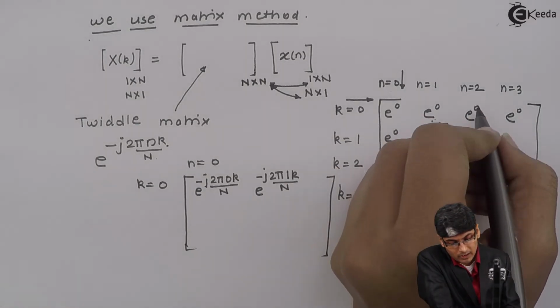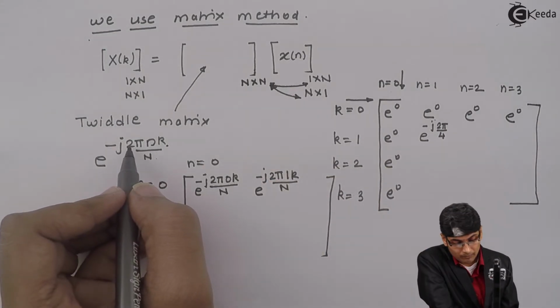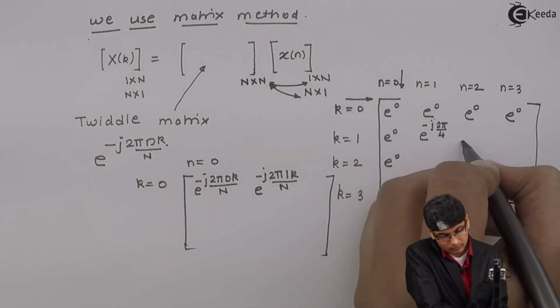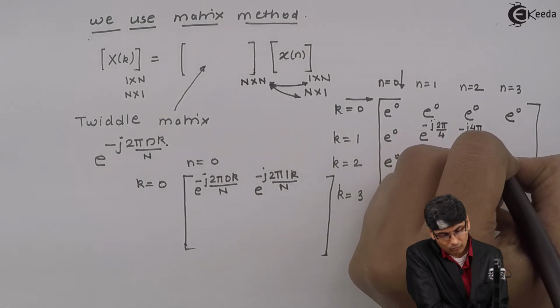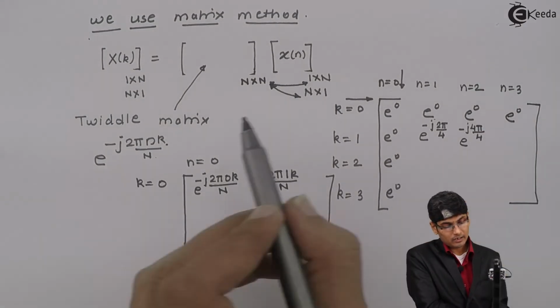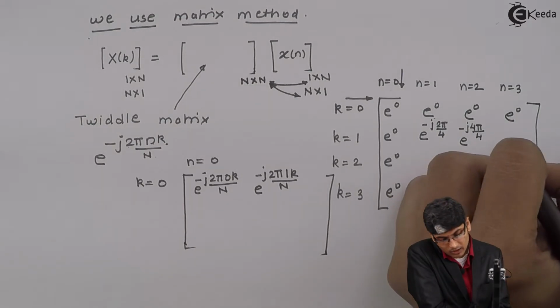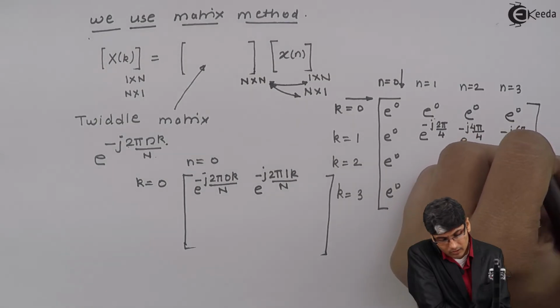Then here n is 2 and k is 1, n is 2, it will give me 4, k is 1, so it will be 4 again. So, 4 upon 4 it will give. So, e raised to minus j 4 pi by 4, right. Now, n is 3, so it will give me 6, again k is 1, so it will give me e raised to minus j 6 pi by 4,